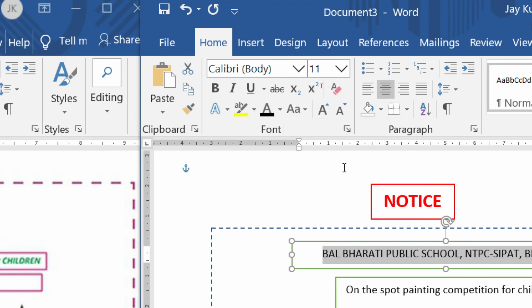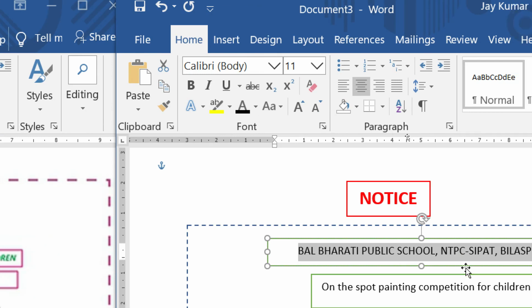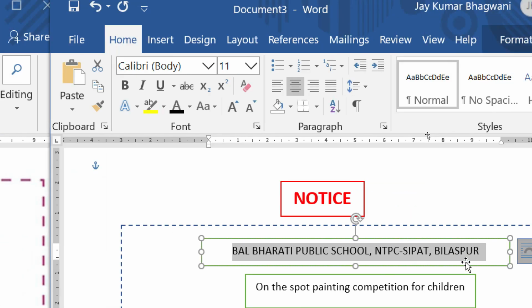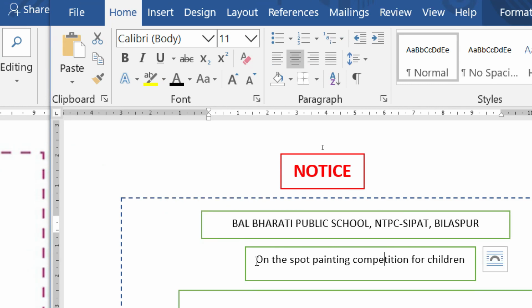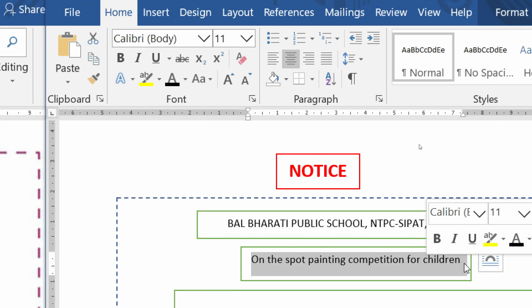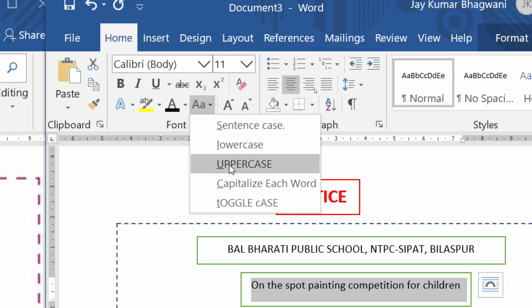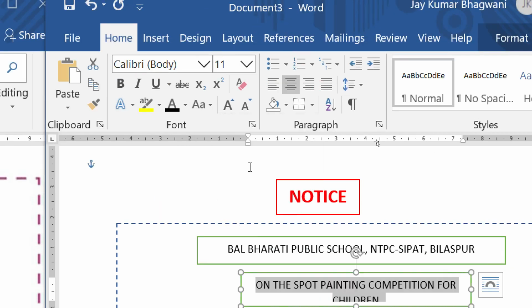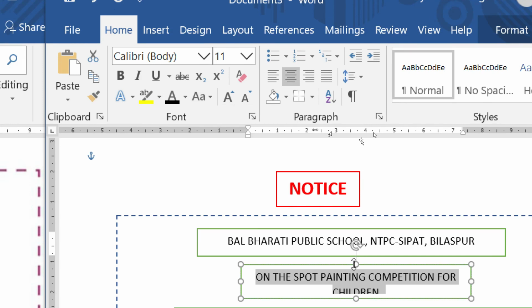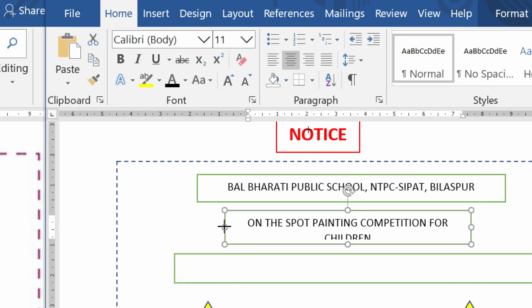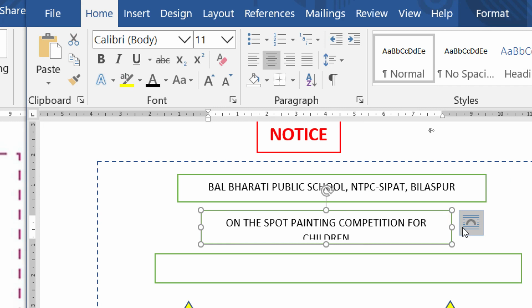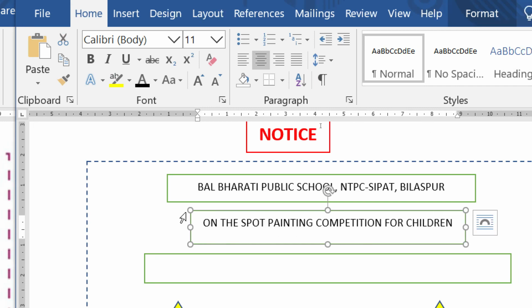When you click on uppercase, automatically all the letters will become capital letters. Again you can see here. Select the text, go to the home tab, change case option, do it uppercase. So you can see here, this also comes in capital letters. So see, without deleting, we have adjusted this one.